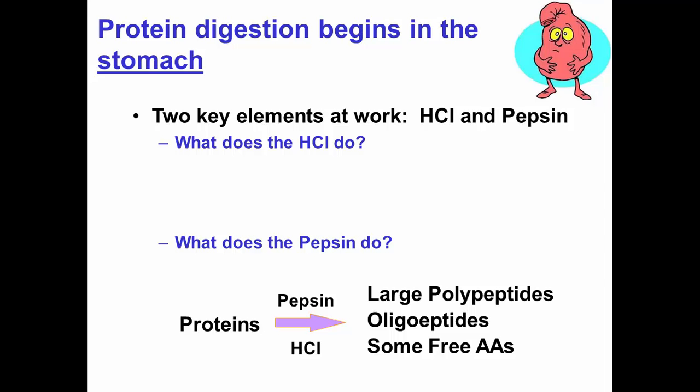Does it do anything else that you remember? Dredge back to, I don't know, what basic class was it? Where did you learn this? It's been a while. Beautiful. It activates pepsinogen to pepsin, right? Converts pepsinogen to pepsin in the stomach. And that's our first really important peptidase, and that acts on the peptide bonds. So the acid is pretty darn important for unfolding the proteins and beginning to allow that access, and for activating pepsin so that we can start breaking those peptide bonds.